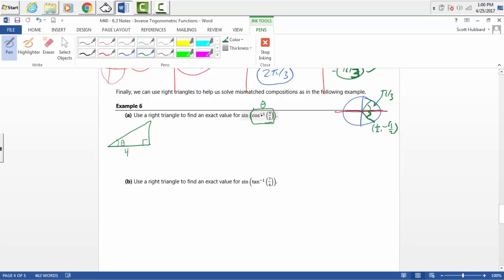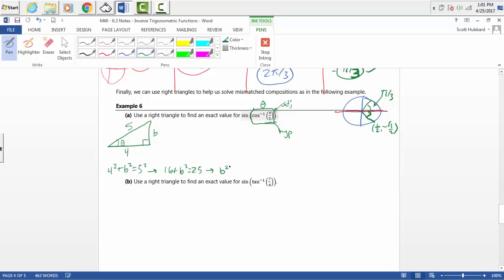Again, that's because cosine is talking about adjacent over hypotenuse. So that must be the adjacent leg, and that must be the hypotenuse. And so that means I can solve the triangle first using the Pythagorean theorem. I'll call this b. So I know 4 squared plus b squared has to equal 5 squared, which tells me 16 plus b squared equals 25,